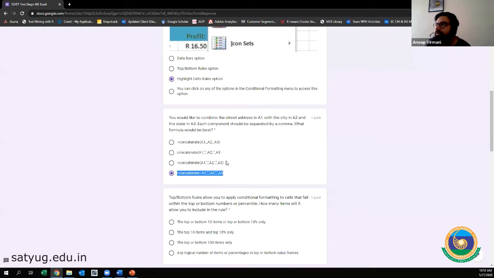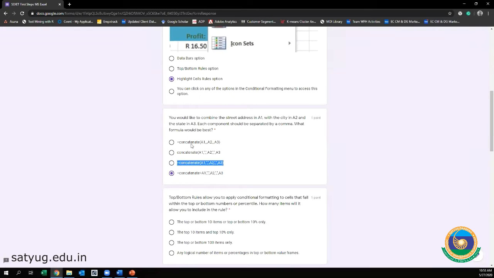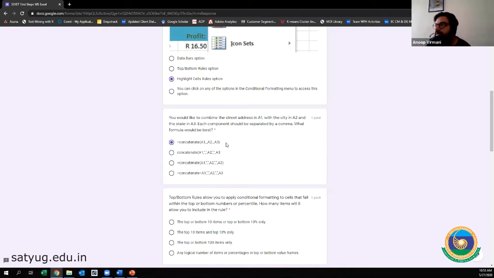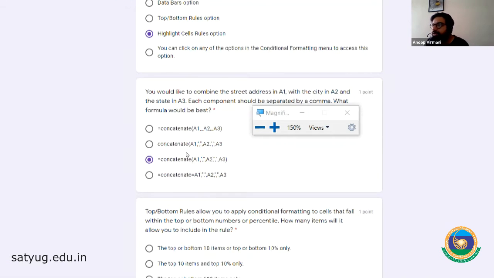So now it is left, this one and this one. So which one is correct? The third option here is the correct option, because in the first one you have three commas in between. That doesn't define a comma. So for defining a comma, you have to put that comma in, let me maximize it so that you can see.